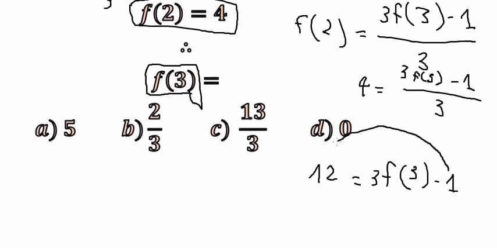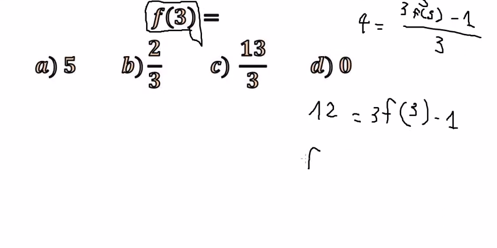We put negative 1 on the left and we divide both sides by 3, and you get f of 3 equals 13 divided by 3, and the answer is about